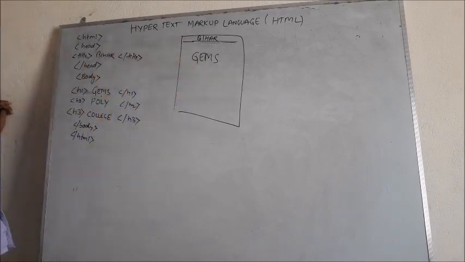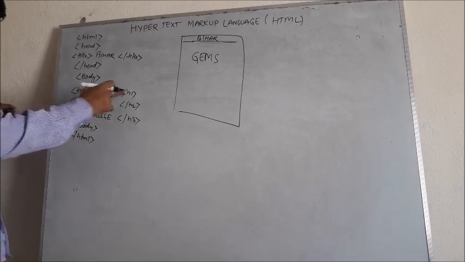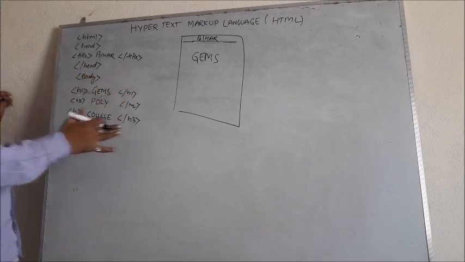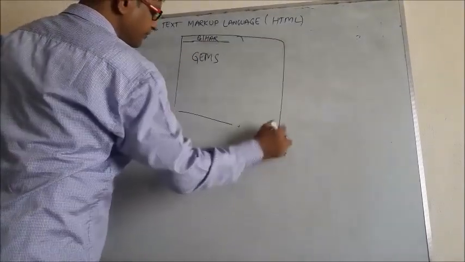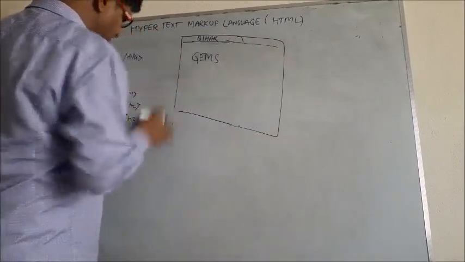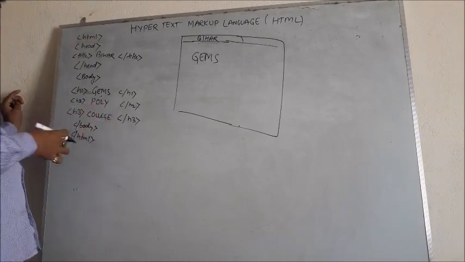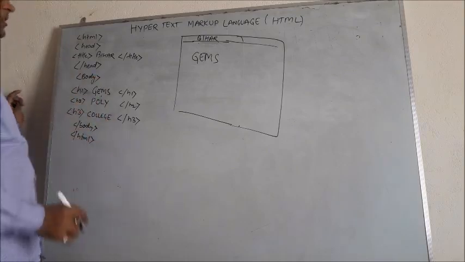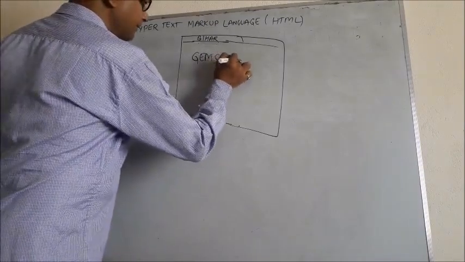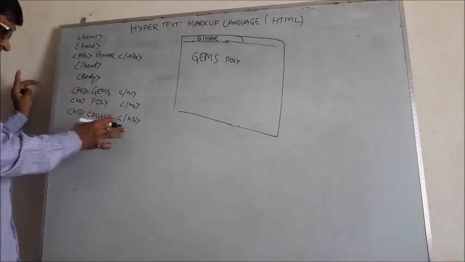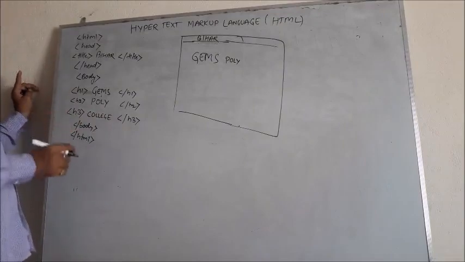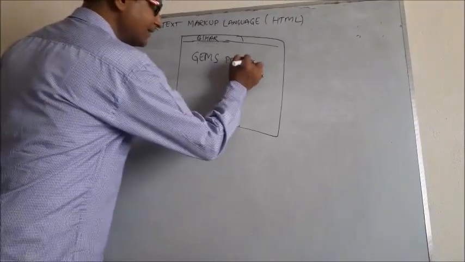Okay, fine. Now if you are writing something in h2, so what you will get? ओके यहाँ पे आपका line break नहीं है, तो इसको मैं थोड़ा सा बड़ा कर दे रहा हूँ so that it can be very easily understood. So जो Poly होगा, पॉलिटेक्निक का मैंने short form लिया Poly. Poly का जो size होगा इस GEM से थोड़ा सा कम होगा, like this Poly, right? And after that college is enclosed in between h3. So college का जो size होगा और छोटा होगा, like this.